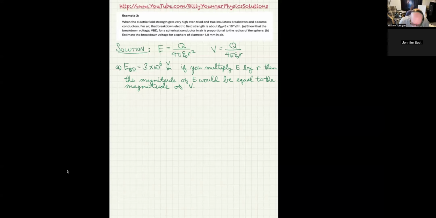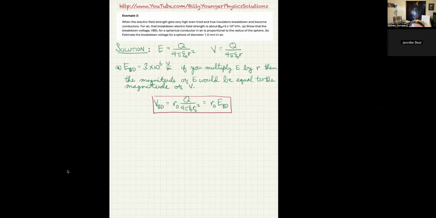So what we can see is that this V breakdown, which is the voltage analog to the electric field breakdown, you can actually get that by taking R0 and multiplying it by Q over 4 pi epsilon naught R0 squared, which is of course equal to R0 times E breakdown voltage. So that was what we were asked to show, was that the breakdown voltage is directly proportional to